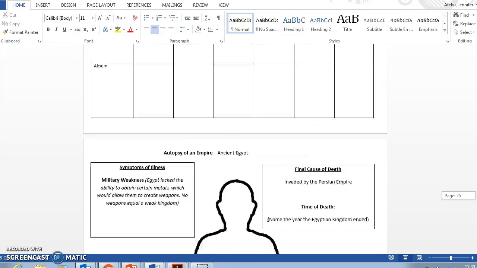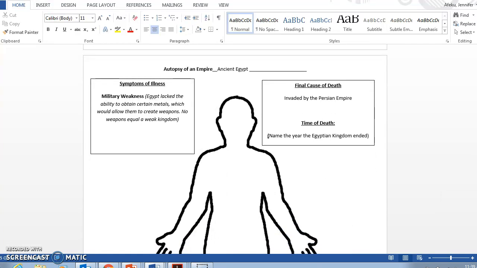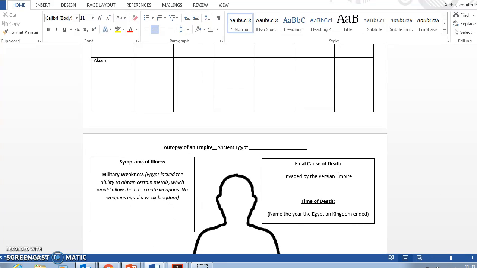if you don't know what an autopsy is, it's basically the cause of death. You have doctors who basically see how a person passed away. And as you see in these boxes, you have symptoms of illness, final cause of death, replacements in areas impacted. So I decided to just do ancient Egypt so we all can be on the same